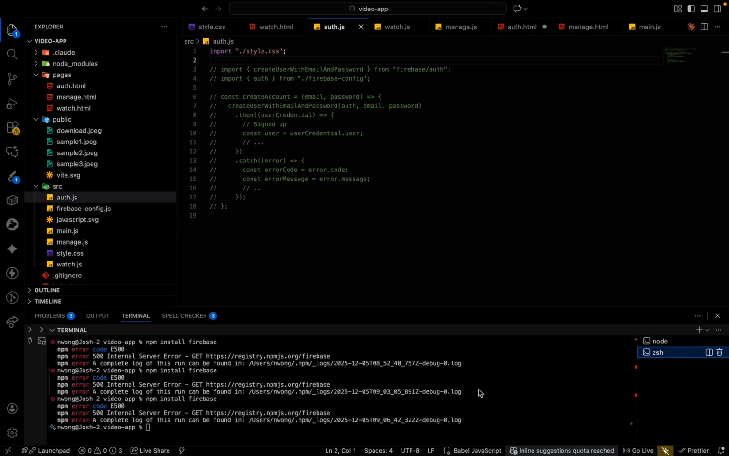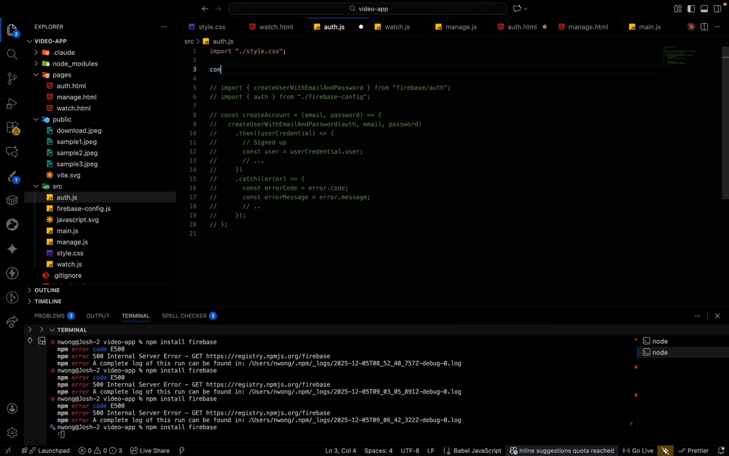Let's see, has this installed yet? It has still not installed. Why is it not installing? What's the problem? npm install firebase. Something seems to be wrong, but for now let's just get our sign up switcher equal to